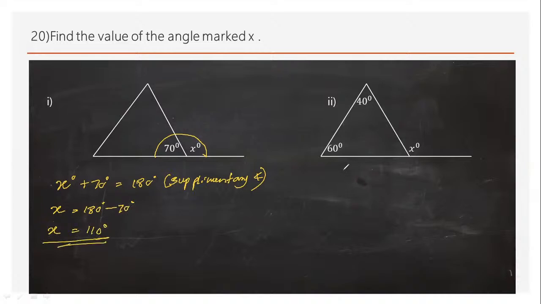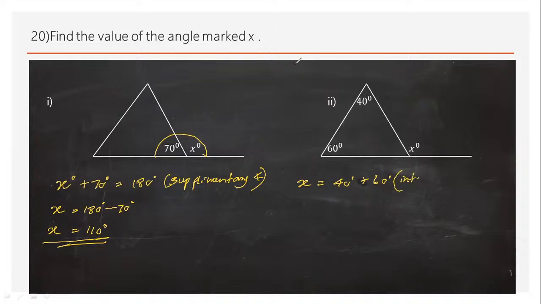110. Then X equals 40 plus 60. The reason is, what is this? X, the sum of these two, equals the exterior angle. So we can write